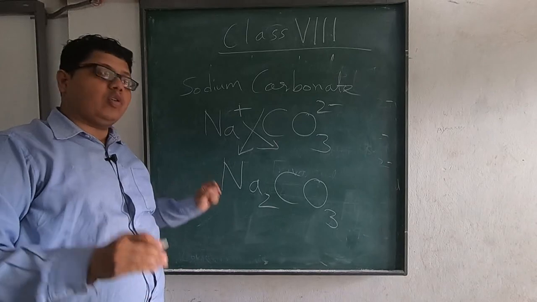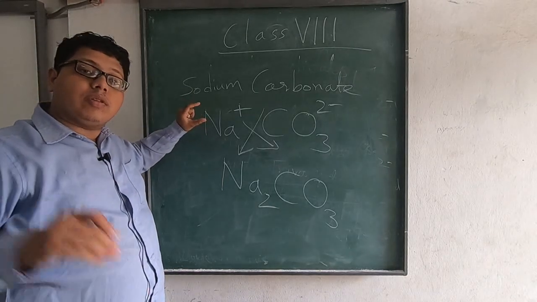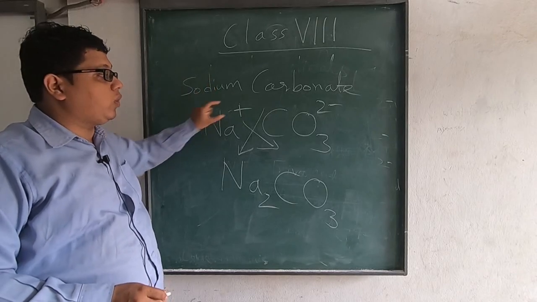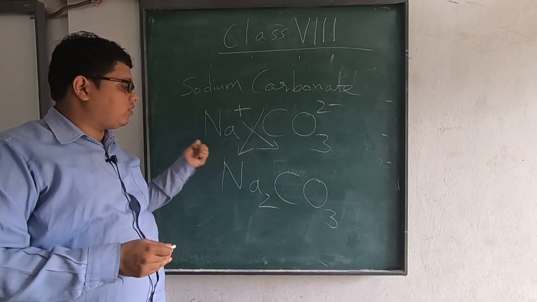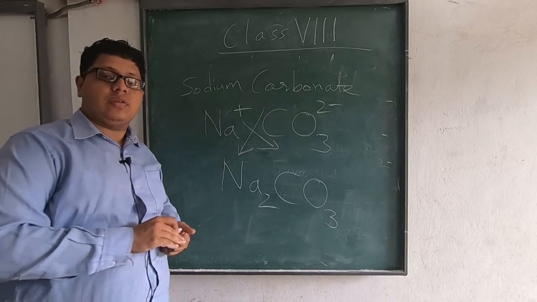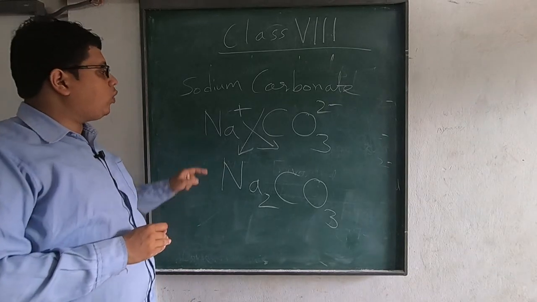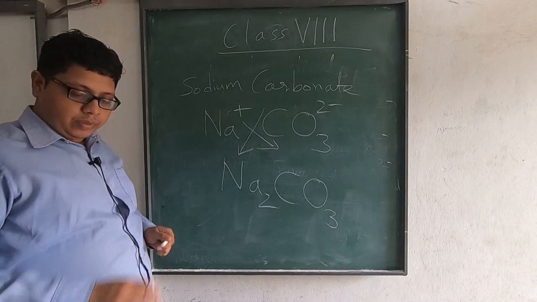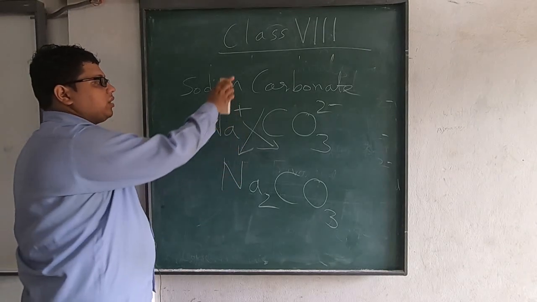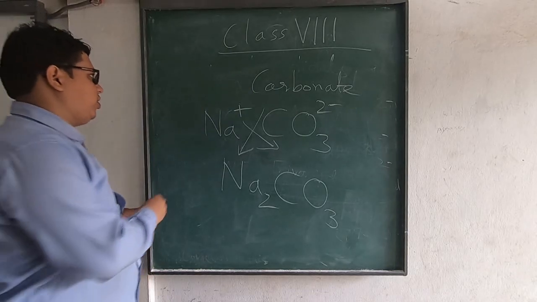So in order to write the formula, you must know from the valency chart what does sodium mean and what does carbonate mean, their valencies and their symbols and formulas themselves. You have to understand that, then only you can write the formula. Now it will always not be 1 here, it can be something else also. Okay, let's see another example, similar example. Instead of sodium, if we take magnesium.